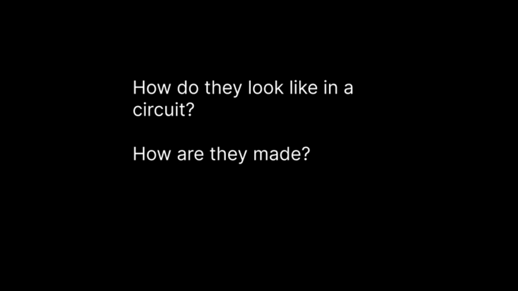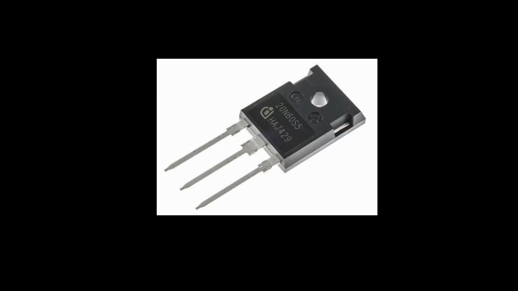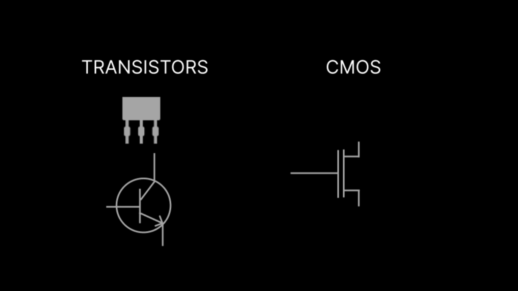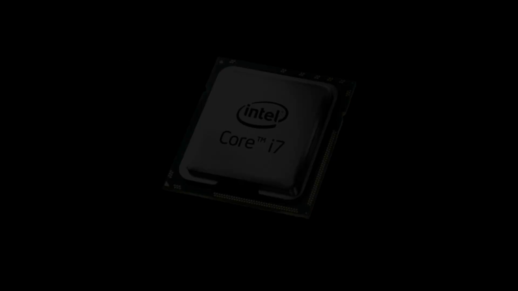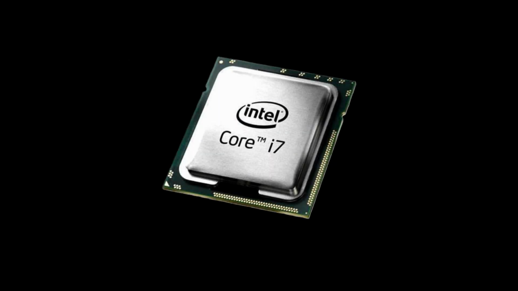There are many ways to make a logic gate. They can be made from transistors or CMOS, which stands for complementary metal oxide semiconductor. One of the most common ways to make it is using transistors. For example, in a modern CPU, there are billions of transistors. Each has been arranged and connected in such a way that your computer can utilize these circuits to perform its operations. The design of a CPU